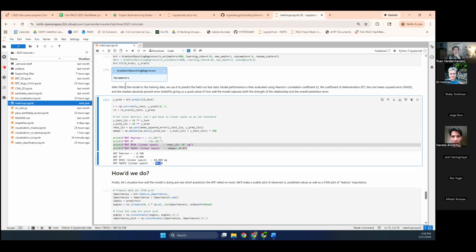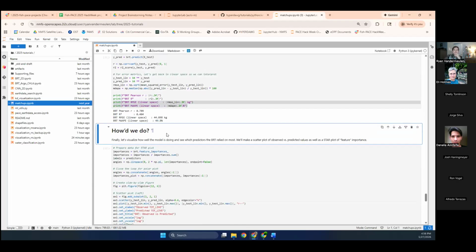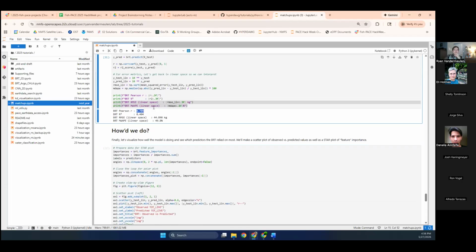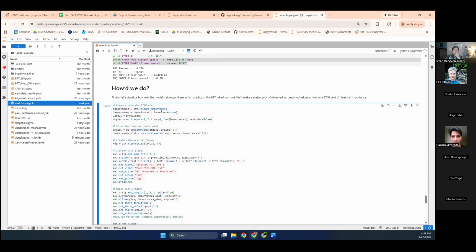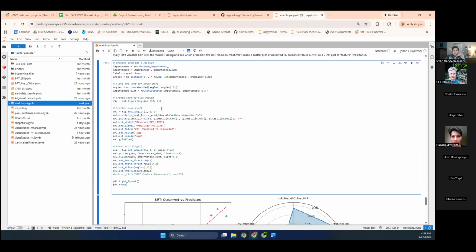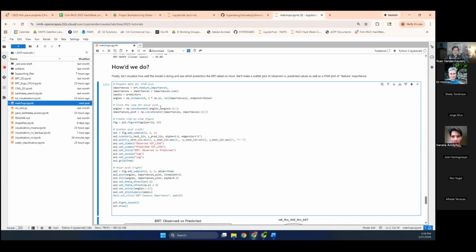All right, so to visualize the results here, you can see 0.709, that we're moving up in the world here. That's not too bad. So allowing those linear relationships really helped things. That's not bad at all, right? So to visualize this, we have two plots here. We're going to do a scatter plot of the observed versus the predicted values, kind of a basic scatter plot, and then we're going to use a star sort of polar plot, which shows the relative feature importance,